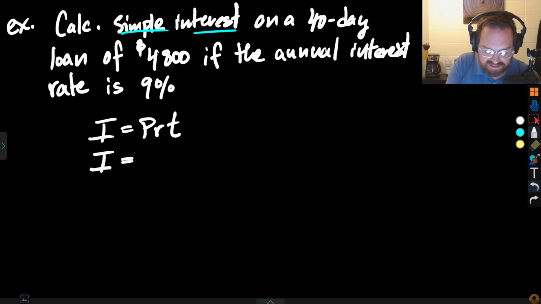I is going to equal, the principal is the amount, the face value. That's another term for it, by the way, the face value. The amount that you borrowed, 4,800